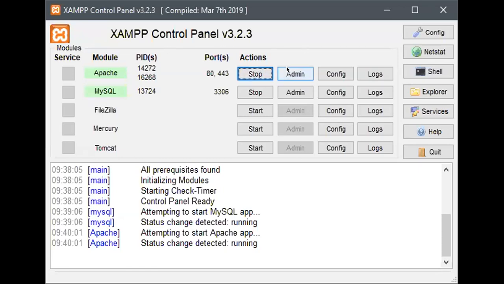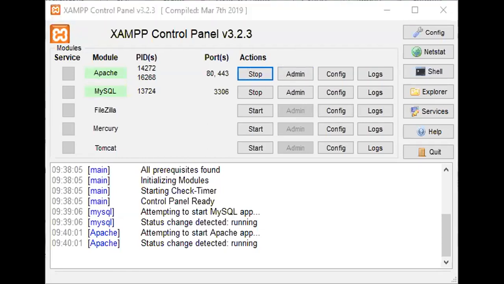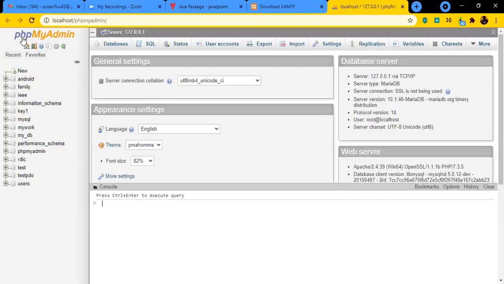So we need to start this one for the database connectivity. It is already connected, but for the browser itself, we should work on a local host. I will show you how it looks. When you click on admin, see this one. This is phpMyAdmin.